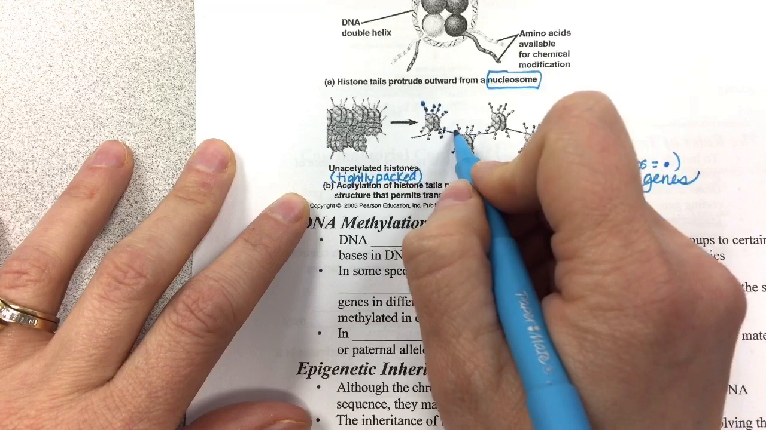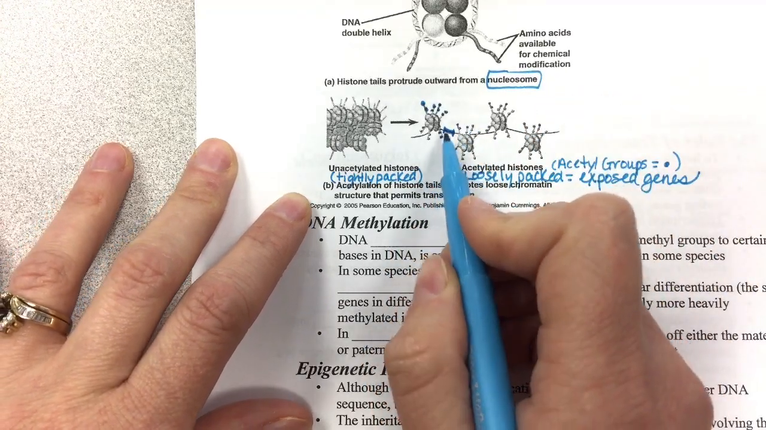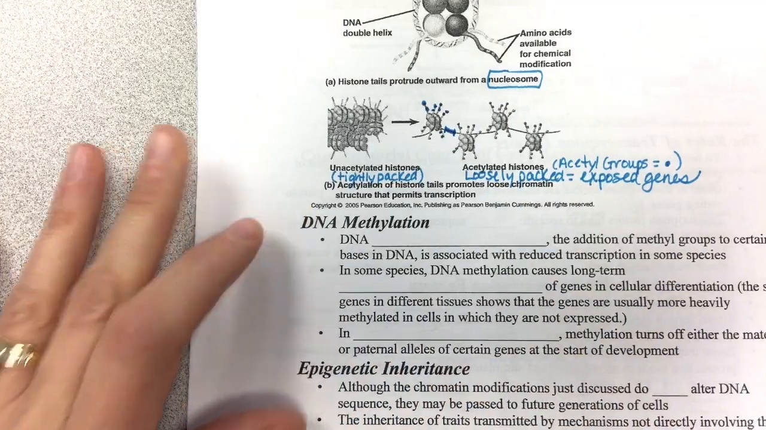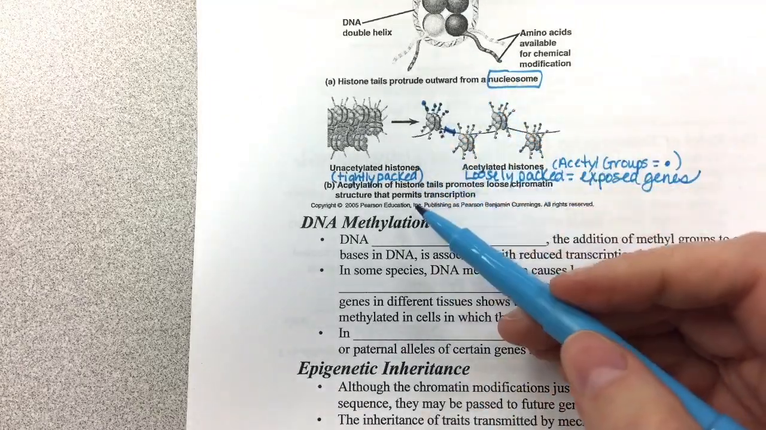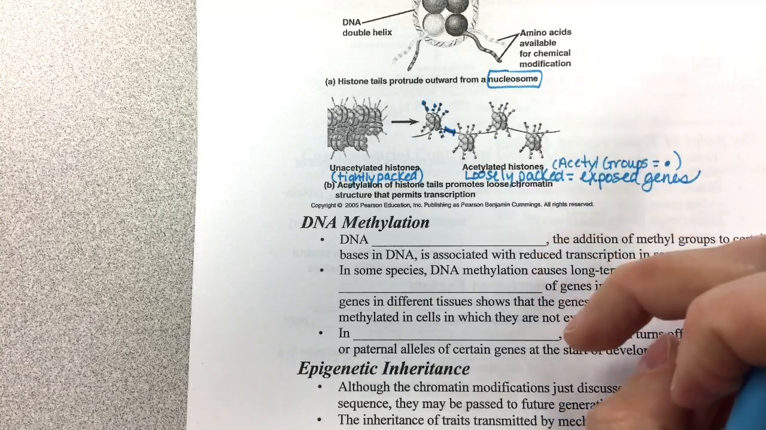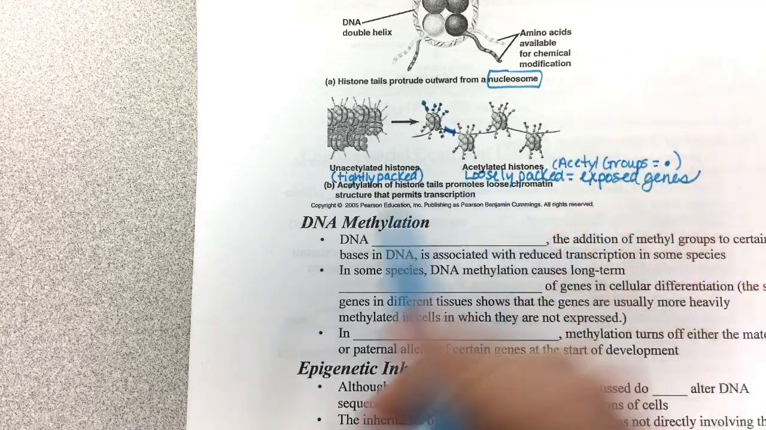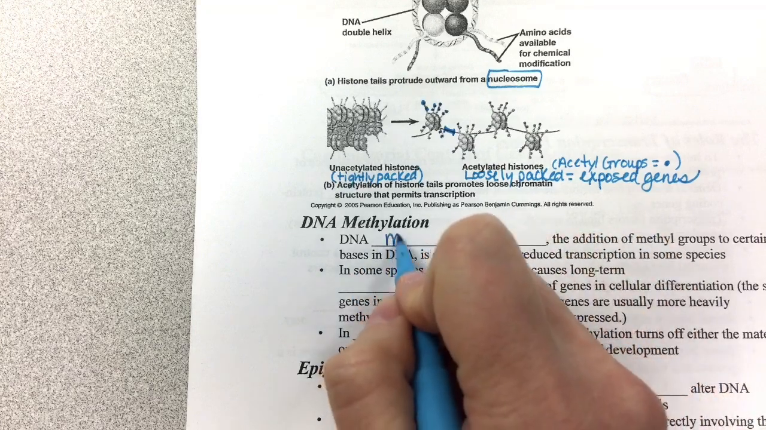So let's say the gene is right here to right here. Now it's exposed, and we can go through transcription and make the mRNA, then process it, then do translation and get our protein. So acetylation kind of turns the gene on. It helps in turning it on. The opposite of that is DNA methylation. So DNA methylation,